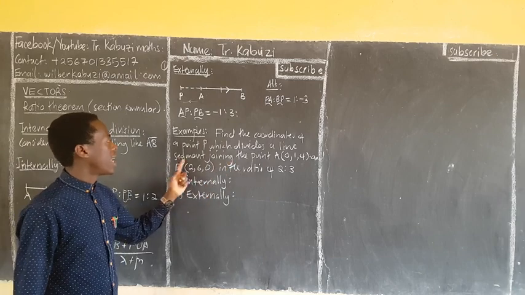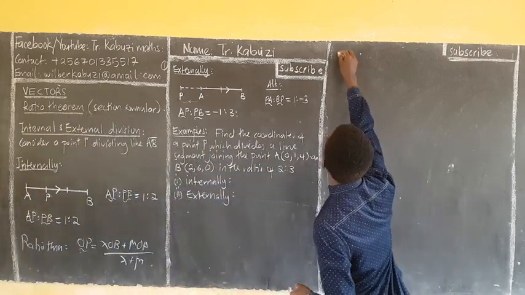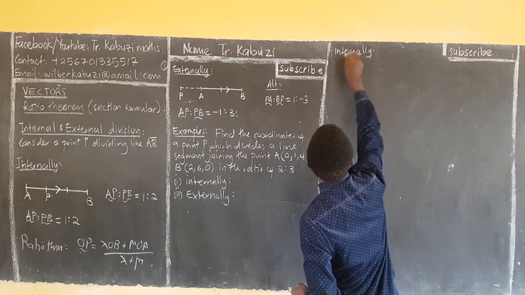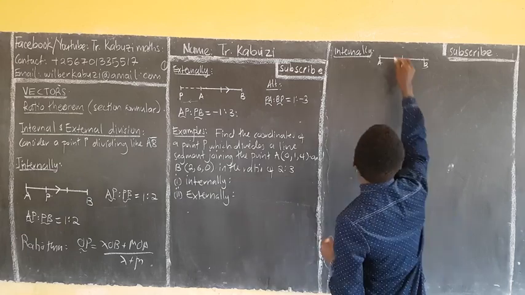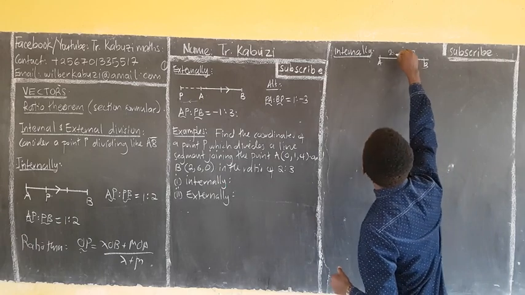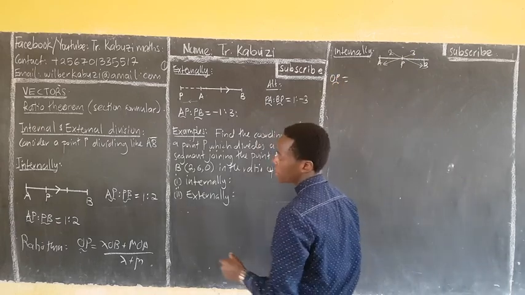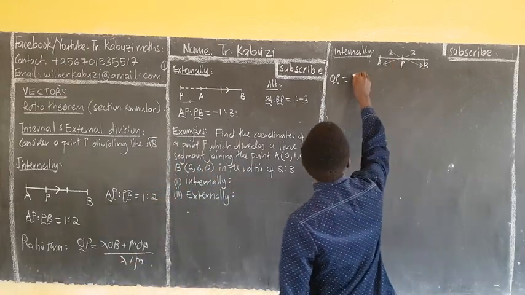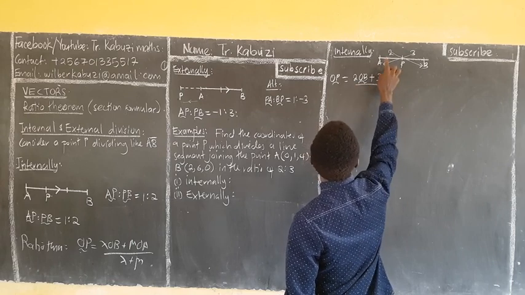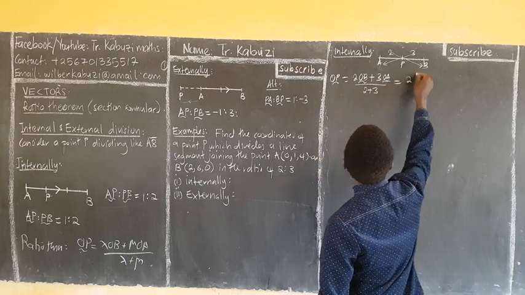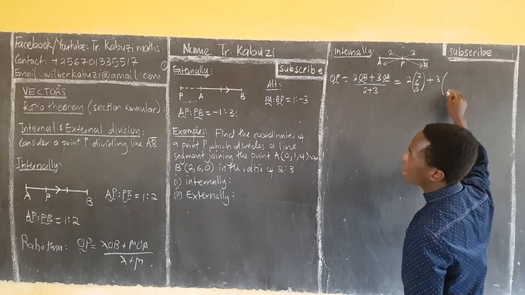Now, look at this. Find the coordinates of a point P which divides the line segment joining points A and B in the ratio of 2 to 3 internally. Internally we just use the ratio theorem directly. We assume we have a point A, then a point B, and P is internally in the ratio of 2 to 3. In our ratio theorem, this first ratio multiplies this, and this one multiplies this, then the sum gives OP. So our OP will be 2 times the position vector of B, plus 3 times the position vector of A, over the sum of the ratios, 2 plus 3. This is 2 into OB, which is 2, 6, 0, plus 3 OA, which is 0,